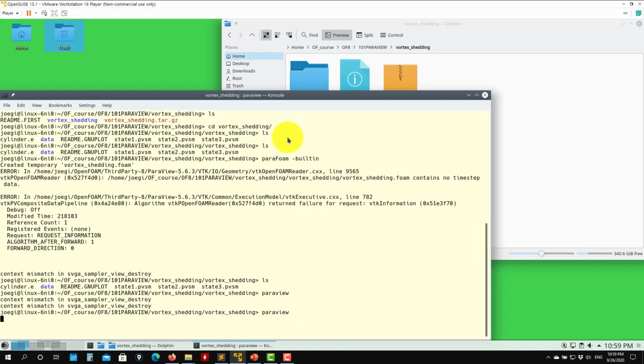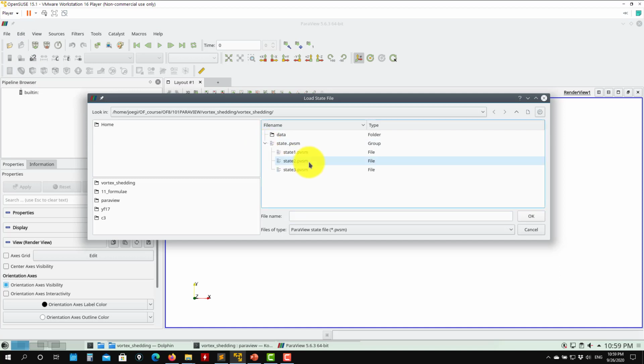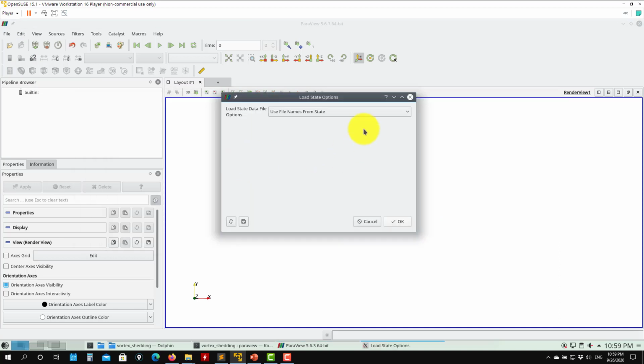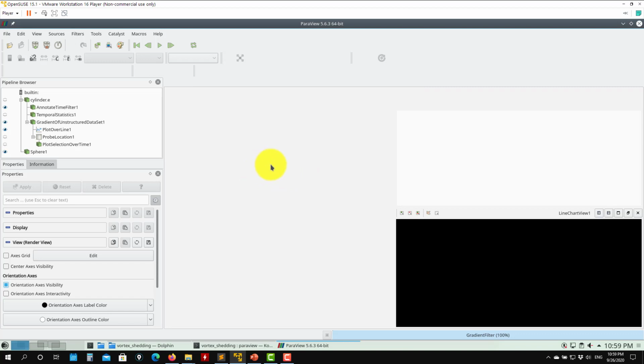Let me launch Paraview again, and second state, load state. Let me see what did I put here. Okay, I know I'm in the right directory. This is nice. So now here we make the case a little bit more complex. Again, we're visualizing, I think there is an extract bar somewhere,